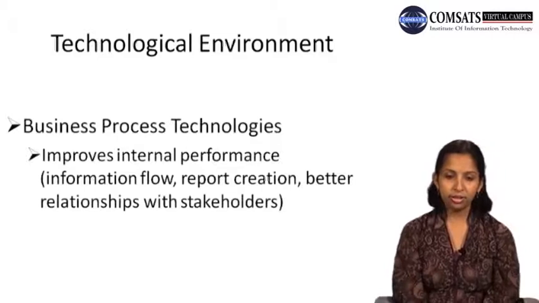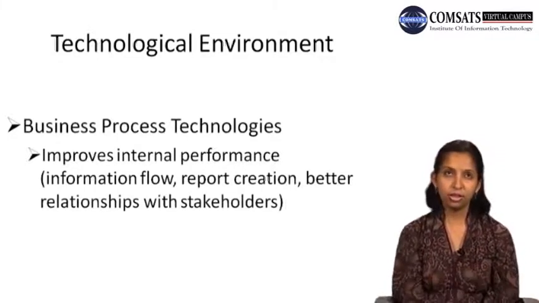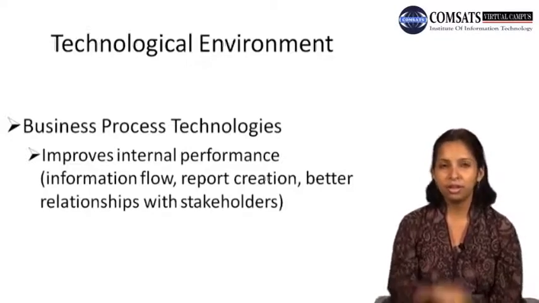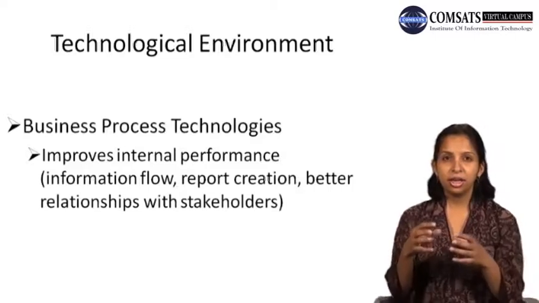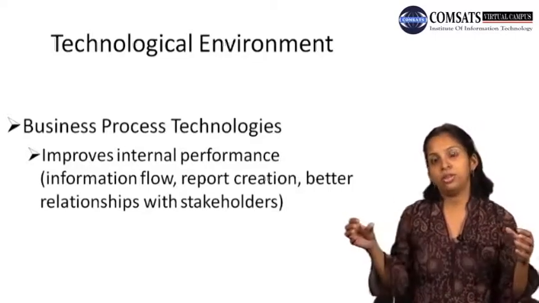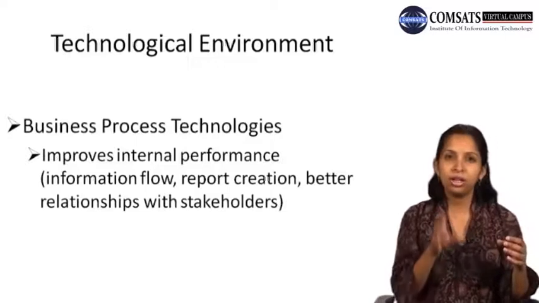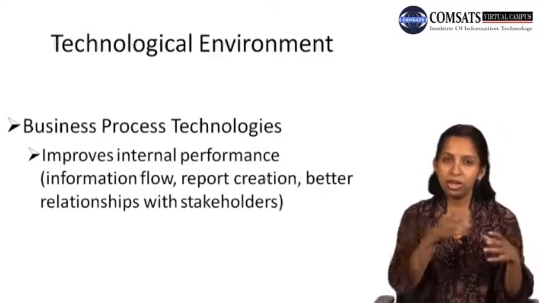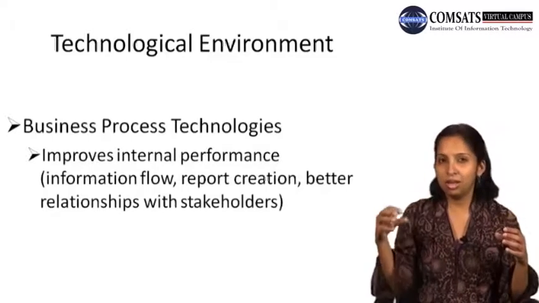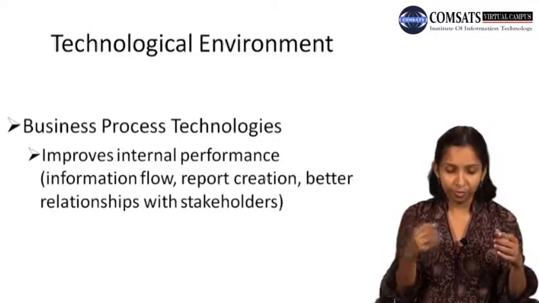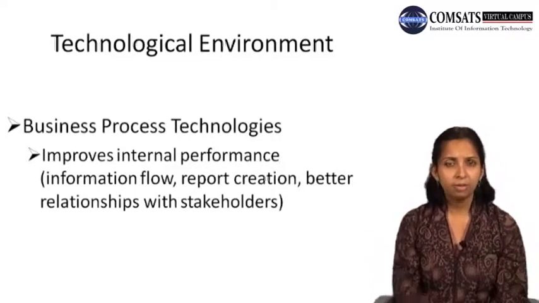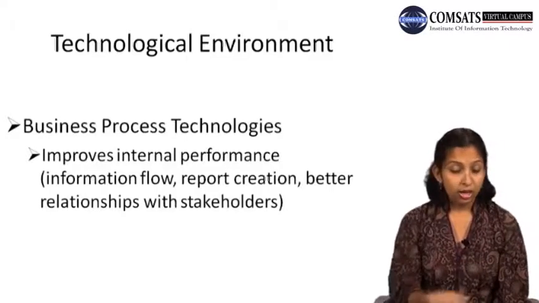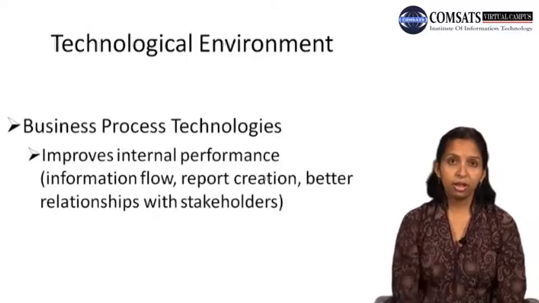Now, the second thing that the technological environment has other than the product service technologies is business process technologies. Now, business process, the word in itself explains to you what it means. It basically means कि business को run करने के लिए various processes होते हैं, चाहे वो inventory management हो, चाहे वो sales management हो, चाहे वो accounting and finance management हो, money matters को manage करना हो. ये सब processes एक business concern में, एक business organization में चल रहे होते हैं. और इन सब चीज़ों को मैनेज करने के लिए आप टेक्नोलॉजी को यूज़ करते हो, which is called as business process technologies. What does a business process technology, उसका फ़ायदा क्या है, वो क्यों यूज़ करते हैं?